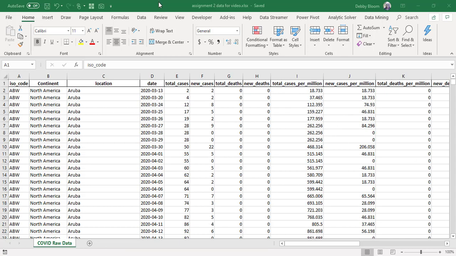In this video, we're going to learn how to create pivot tables as is required in your assignment 2. Before we start creating the pivot tables though, it's very important to understand the data. So first I downloaded some COVID data from